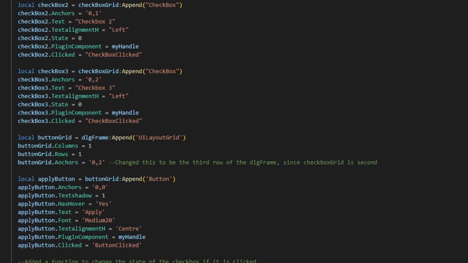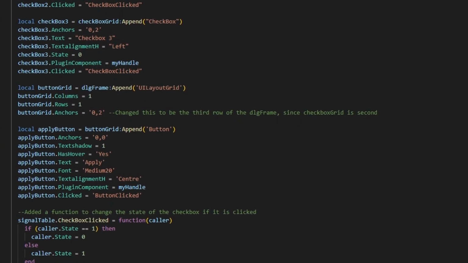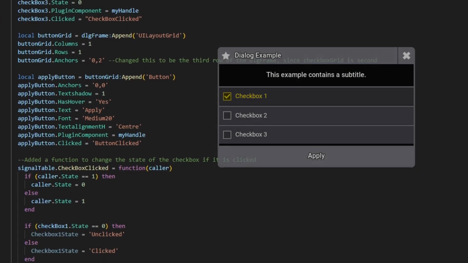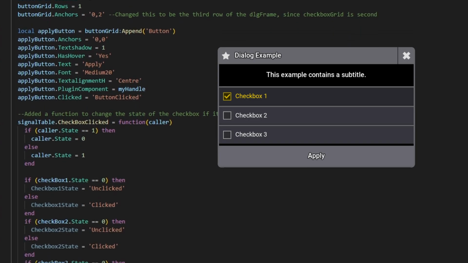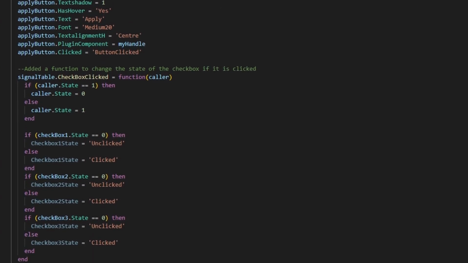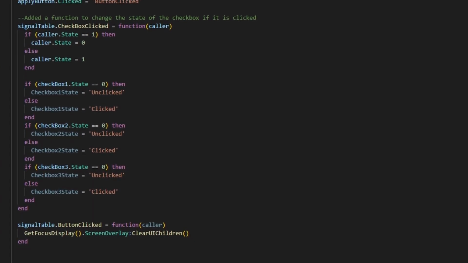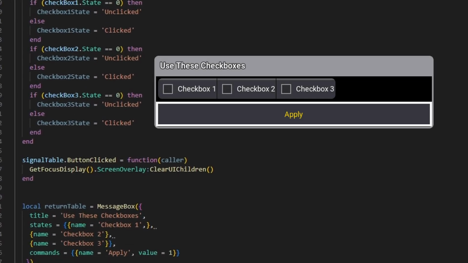I'm about to show you everything you need to know to be able to build your own custom UI elements however you want them, to do whatever your individual needs are, rather than having to continue relying on the clunky built-in functions that don't always fit your individual use case.